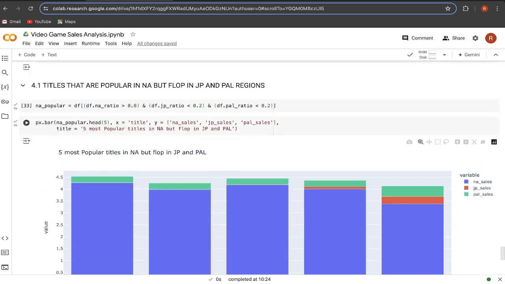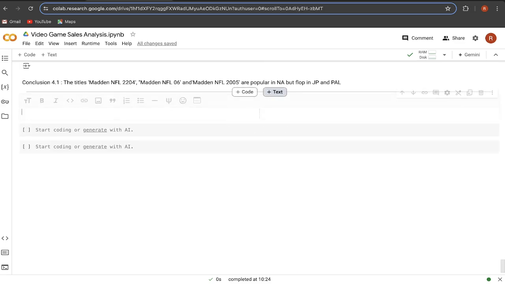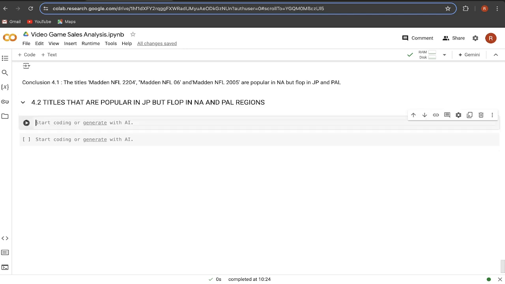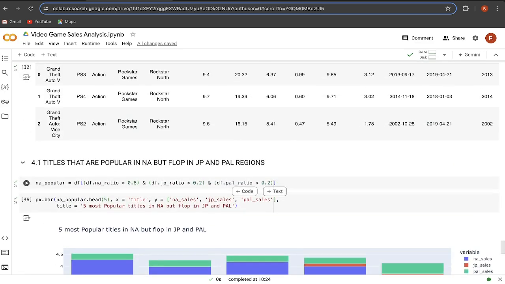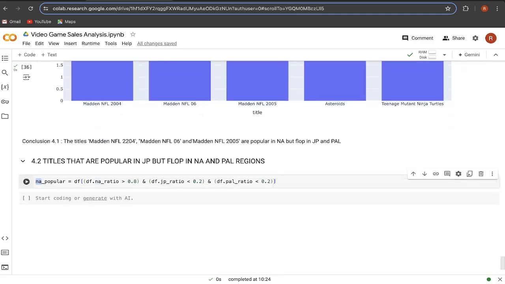So the second sub question here, let me copy it from here. The second sub question, 4.2, is titles that are popular in Japan but flop in North America and PAL regions. So for that we will again do the same thing whatever we did here. Just let me copy that and we will name it JP popular. Now we are finding the titles that are popular in Japan. So JP popular, and here we want the ratio of JP greater than 0.8 because we are finding the popular titles for Japan, and the ratio of North America should be lower than 0.2. Everything else remains same. Let's run that,